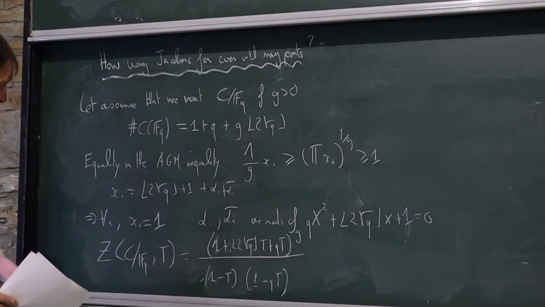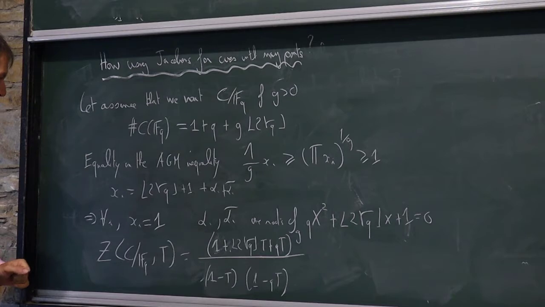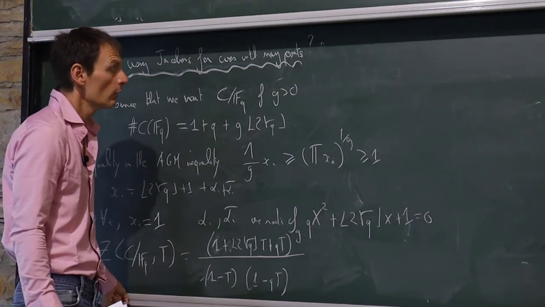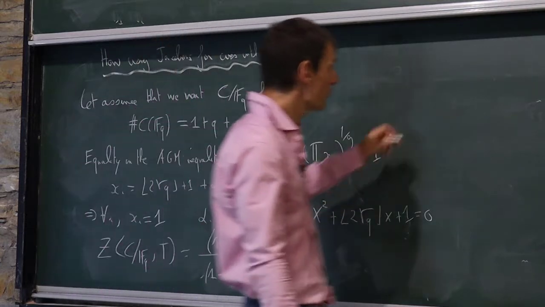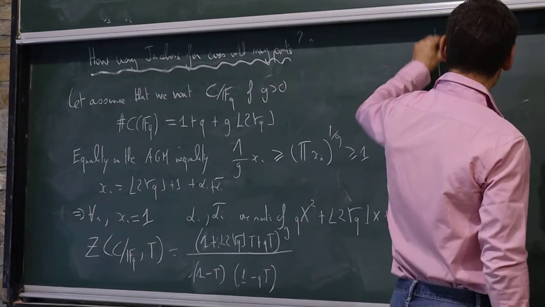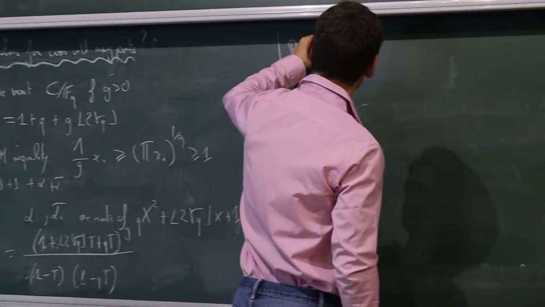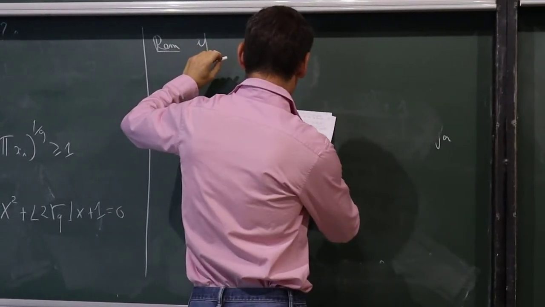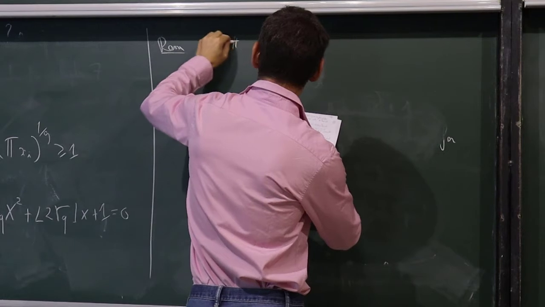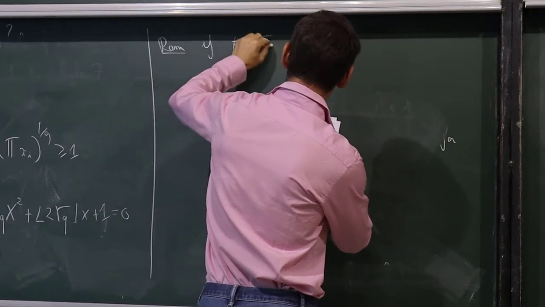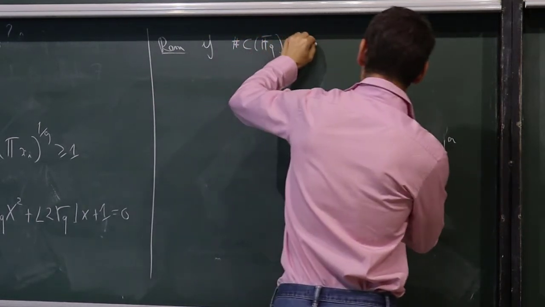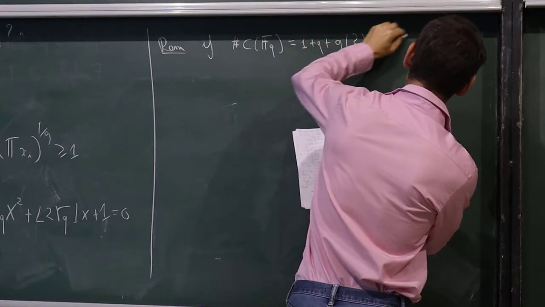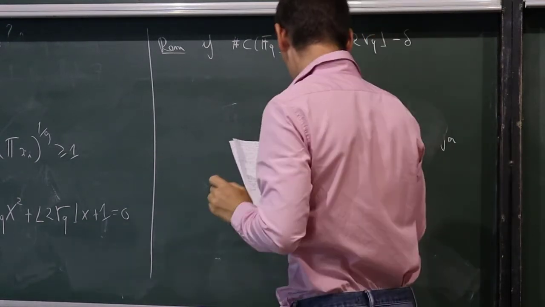Okay, so I mean, that's quite extraordinary. The zeta function is completely determined in this extreme case. You may wonder, if I'm not in the extreme case, so this is just a remark, if now the number of points on FQ is not 1 plus q plus g times the integral part of 2 square root of q, but you have a defect delta,